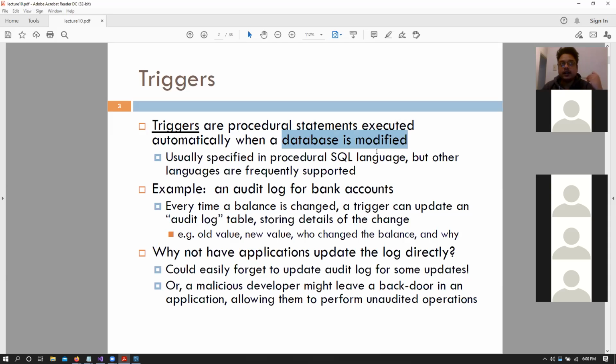So if I modify the database using insert statements or update statements or what have you, and you have also written a trigger, then that particular code will also be executed when you insert something into the database or delete something from the database and things like that. Okay. So these are similar to functions, but these are not something that you call on your own. These are executed behind the